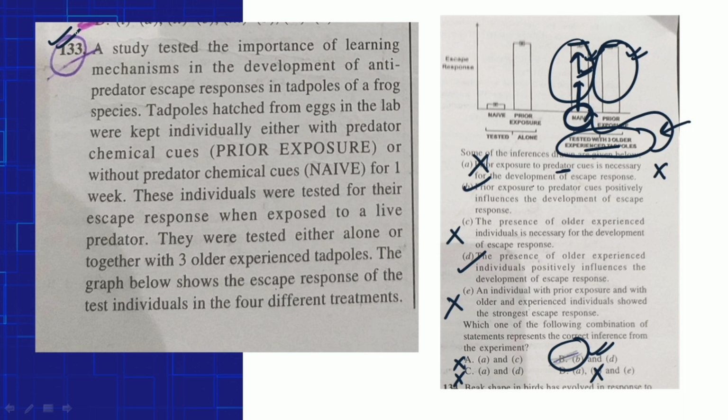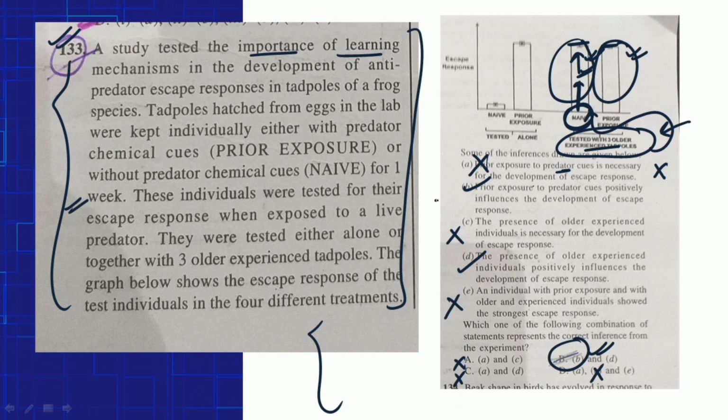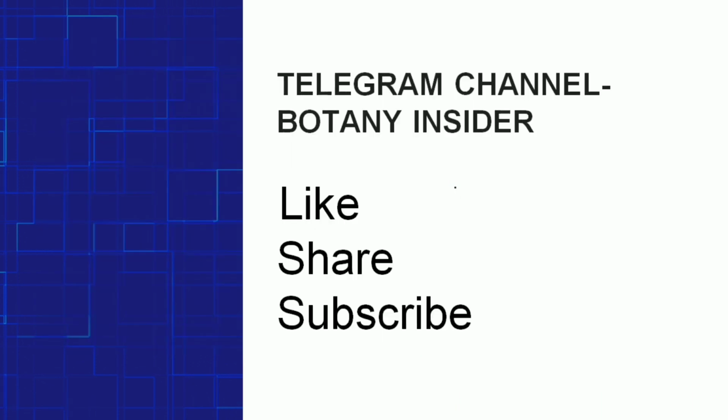Making a mind map. What is making a mind map? There was no space on the screen, that is the reason why I have just explained it to you. But what you can do is you can just note down all the points. That is, first thing you can note down in your copy is the importance of the learning mechanism. Do not waste your time, but try to write down at least the important information so that you do not have to read the complete question again and again.